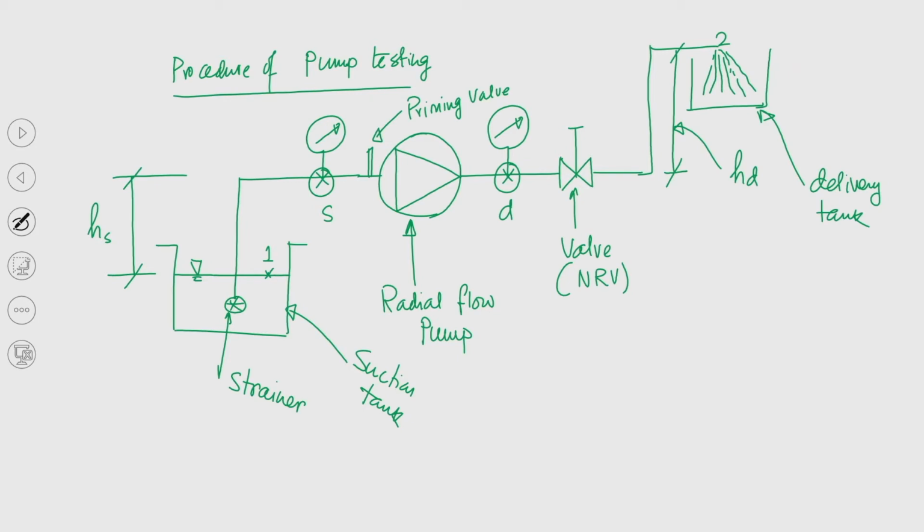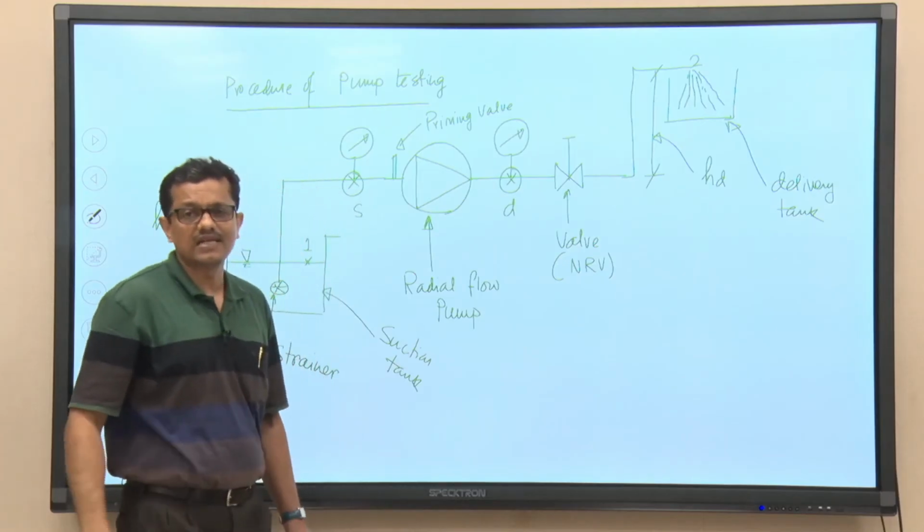Okay. So, this is Hs. Not only this static height Hd, this is also Hs. So, the total static height will be overcome. The total head developed by the pump will be able to overcome the static height. We have a suction pressure gauge and a delivery pressure gauge only to measure the suction pressure and delivery pressure.